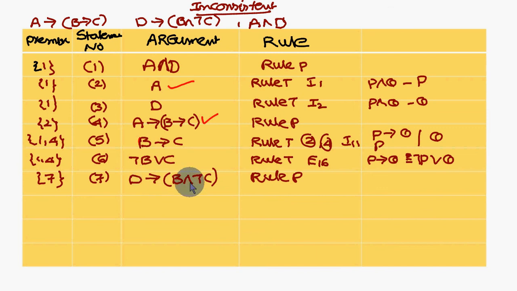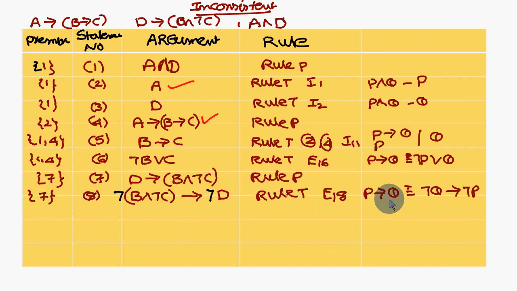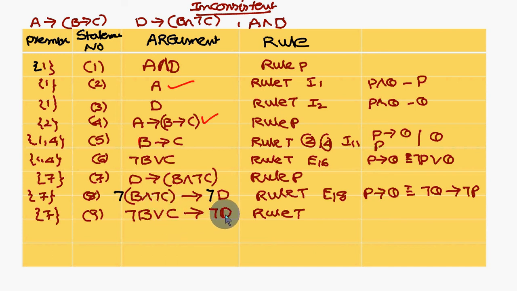So P conditional Q can be written as not Q conditional not P. That's what I am applying. Therefore, B and not C conditional D. If you want to write like this, you have to apply one negation on both sides. So one negation I have applied. Equivalently, P conditional Q can be written as not Q conditional not P. Therefore, applying the negation, this one is not B, and the 'and' will become 'or'. Not of not C is C. Conditional not D. So if you look at the problem, 6th and 9th statements: not B or C, and not B or C conditional not D.